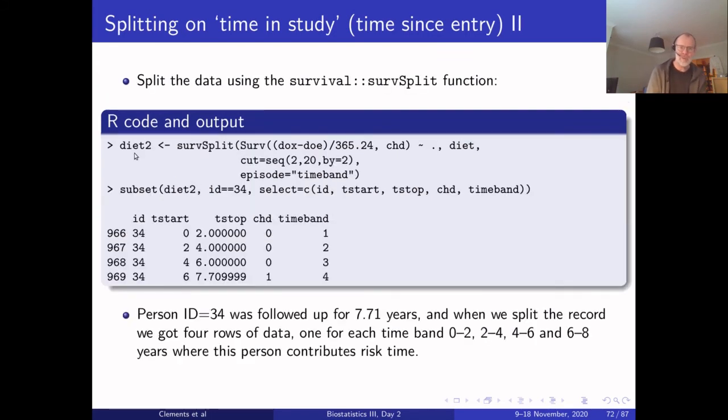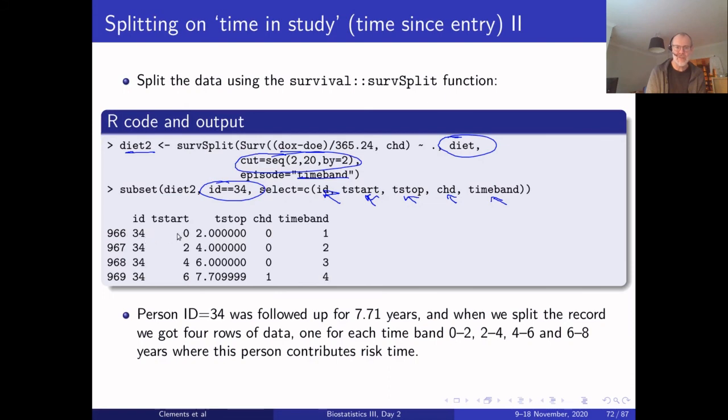And then we do diet2, where we split the diet data for date of exit minus date of entry, and then we cut in 2-year bands, and we call the episode's time band. Now, if we do a subset on time band for the same individual, and we want to show their ID, time start, time stop, CHD indicator, and time band, then what we have is